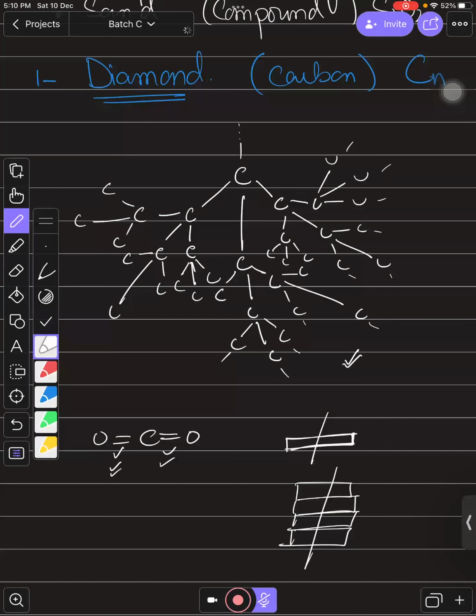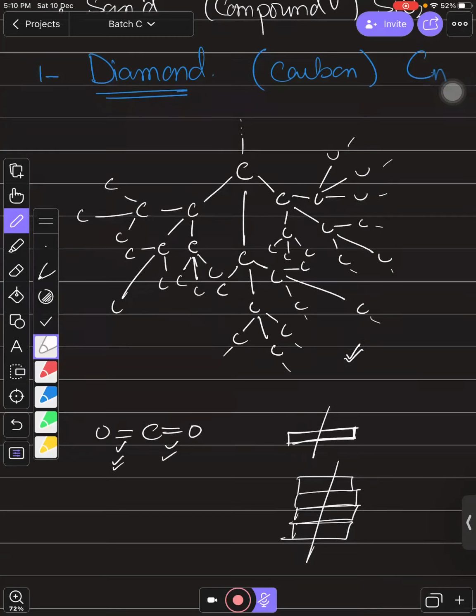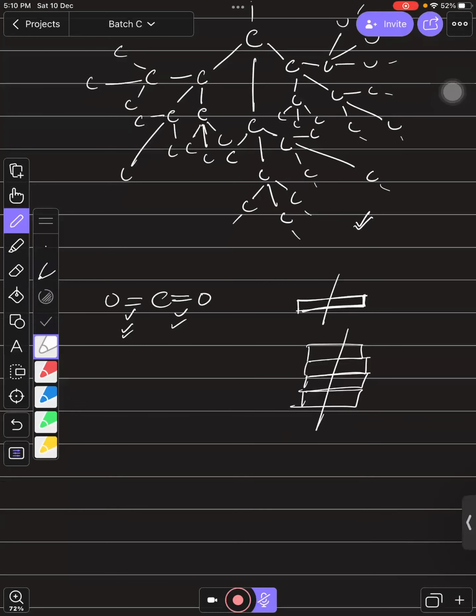If you have a number of covalent bonds, then it's difficult for you to break them out with a lower energy. You must need to give a higher energy over there. That is why these compounds are strong, hard, with high melting and boiling point. Am I right, Bacho? Got this point? Yes, sir. So if you talk about the physical properties